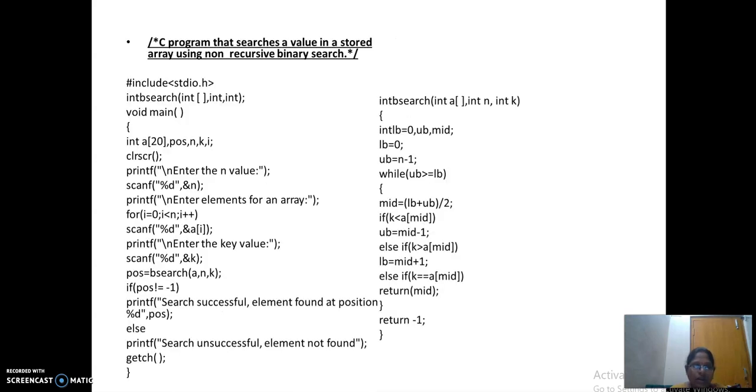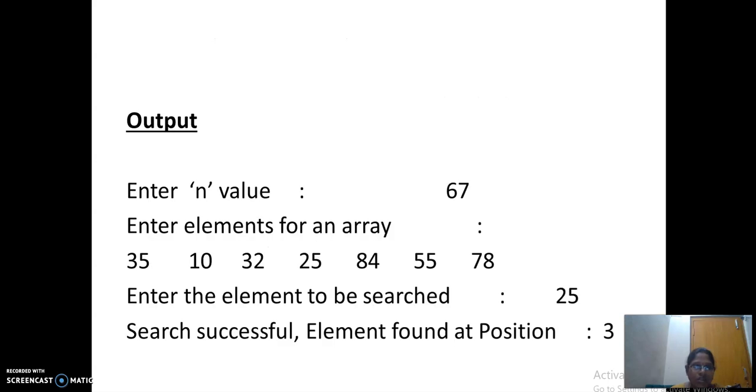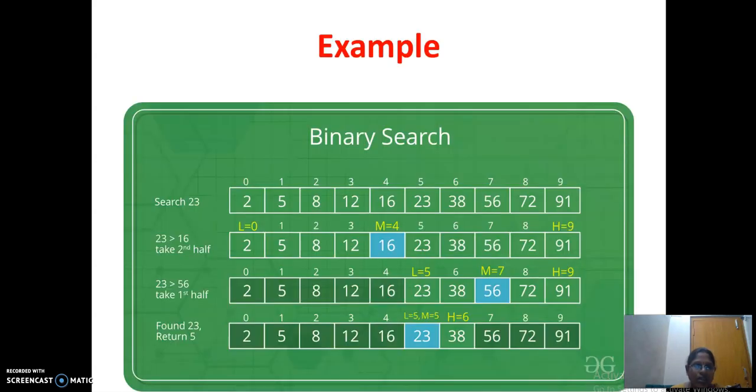Input, and this is your value. And this is for your non-recursive binary search. The same thing. See here in the binary search, you will find out the first middle value and then you will go with the other value. You will perform the searching operation in any one end and next you are going to search for 23. So finally at the fourth step you are going to find the 23 value.